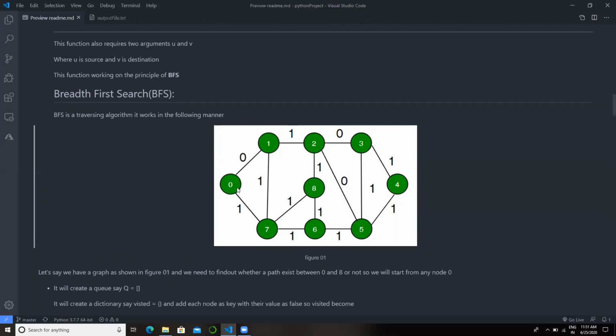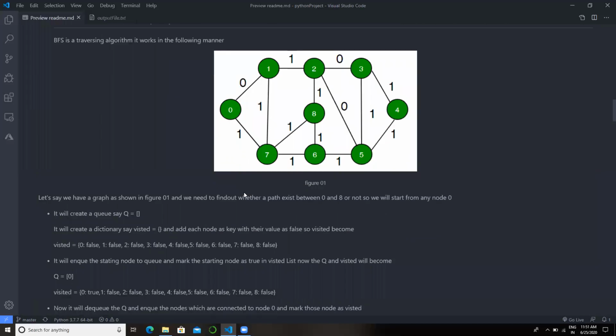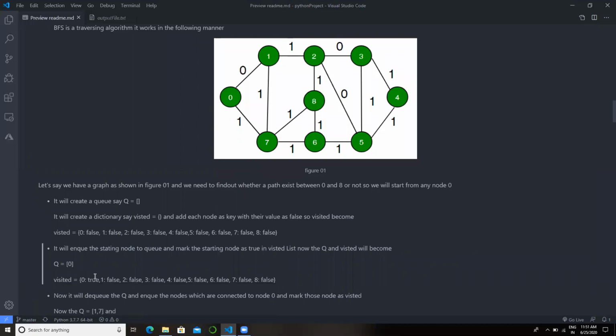Okay, so let's start from 0. Firstly we append 0 to the queue and mark 0 as visited true, as shown over here.